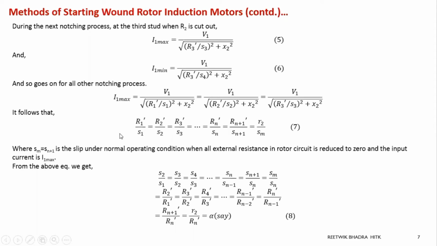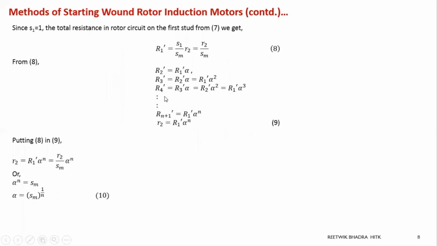Like this we can write all these equations. If I cross multiply, S2 goes to the left side and R1 dash on the right hand side. So what you will get? R2 dash by R1 dash. Next, R3 dash by R2 dash. So all these are written over here, equal to R dash n plus 1 by Rn dash. You can solve all this, and this whole ratio is considered to be a value alpha. Now this alpha is a very important calculation which we need. So in the next slide we'll calculate your alpha.